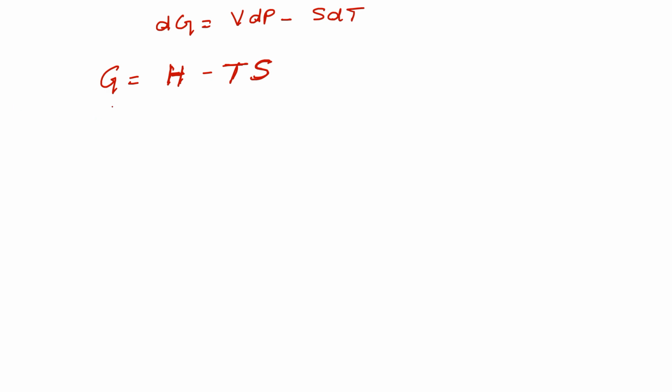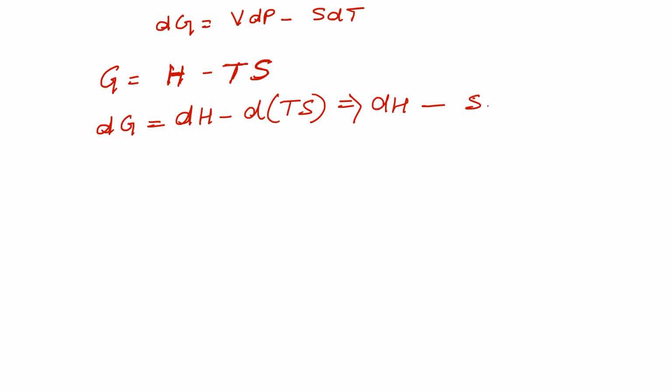Okay, now if we take a differential on both sides, and by the chain rule we know that the differential of a product is the partwise product of the partwise differentials. So basically we'll have S dT minus T dS,